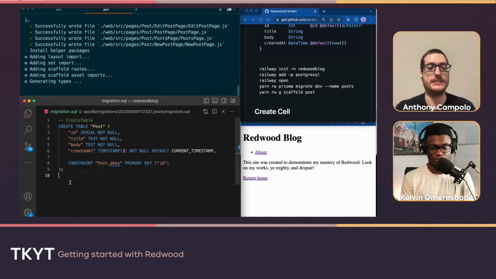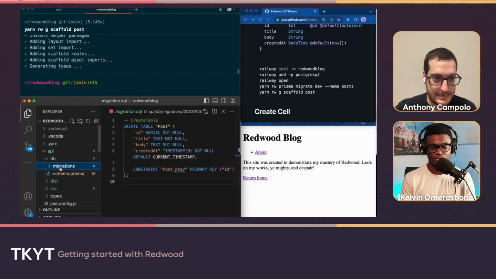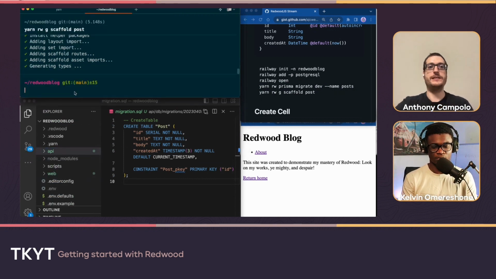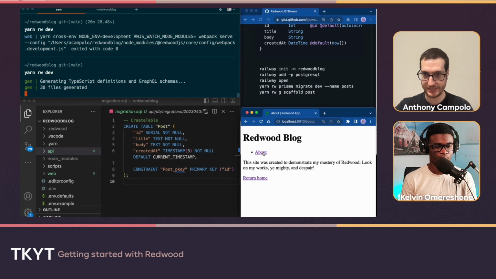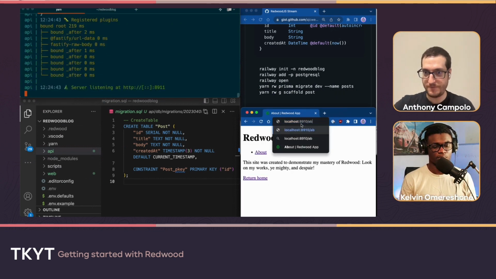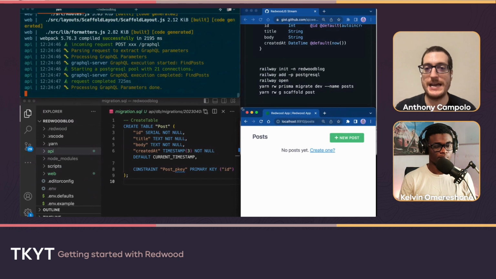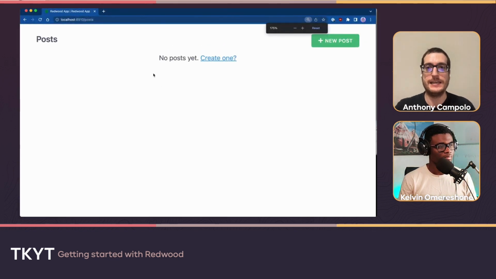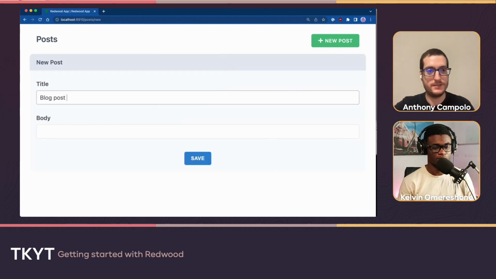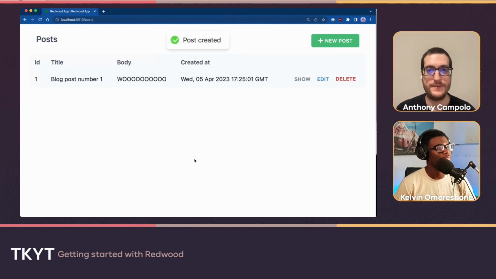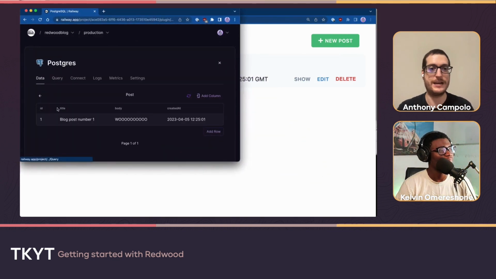So what this is going to do is generate a whole bunch of stuff. And before we even look at all the code it generates, let's go back and see what our actual running project looks like. If we go to /posts, this is now our posts interface. And this is all created for you out of the box. And if we want to create a blog post, do that. And then now we have a blog post. And if we go back to our Railway database, we now see this blog post right here in the data.